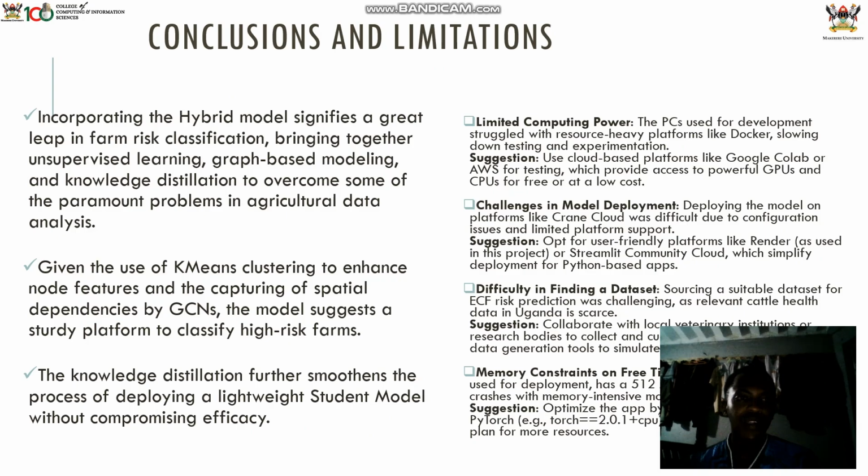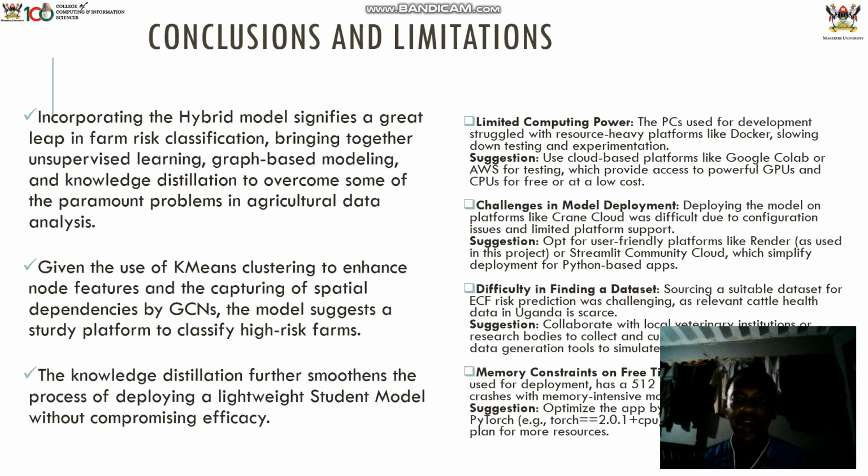And in conclusion, we say that incorporating a hybrid model signifies a great step in farm risk classification, given the use of k-means clustering to enhance node features and the capturing of spatial dependencies by GNNs, the model suggests a steady platform to classify high-risk farms. And given that we are also using knowledge distillation, it further smoothens the process by deploying a lightweight model without compromising efficiency. And for the limitations, we faced a problem of limited computing power,